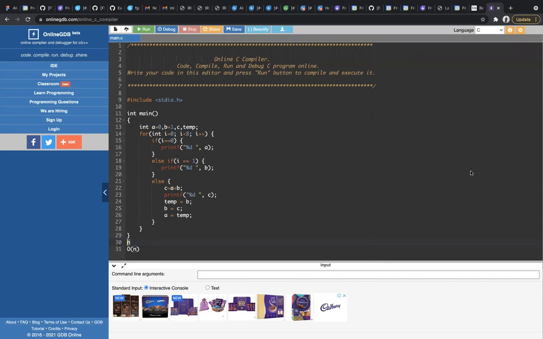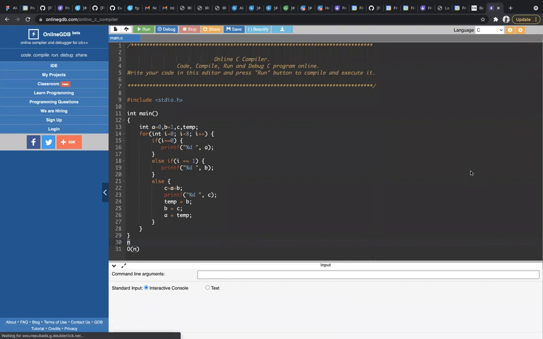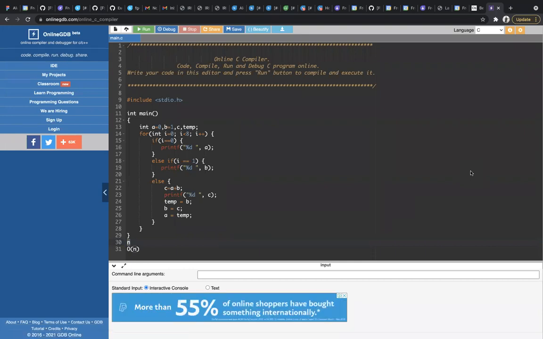Everyone is clear, or does someone have any doubts till now? Till now we have covered one simple problem, the Fibonacci series, and how to calculate time complexity. Everyone is clear? Shall we move to the next topic?